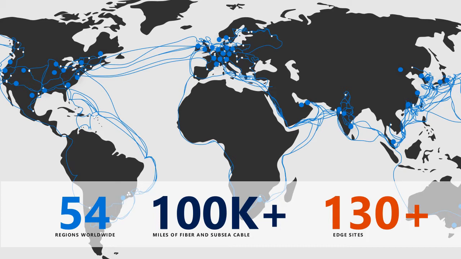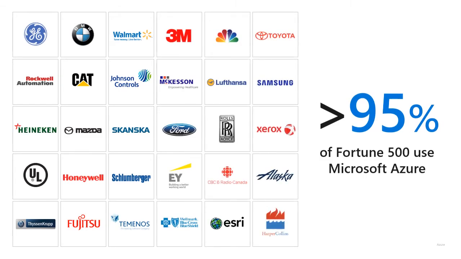And understanding that we are not able to put up data centers across every country, we extend the reach of Azure through what is called networking edge sites. And we have 130 plus edge sites all over the world. And one of those edge sites includes the Philippines. So, for example, in the Philippines, we don't have a data center, but we do have a network edge site, which means that if you are using a network service provider that is based in the Philippines, you are still guaranteed pretty good latency on our Azure services because we have effectively extended our networks through the network edge sites. 95% of the Fortune 500 use Microsoft Azure,